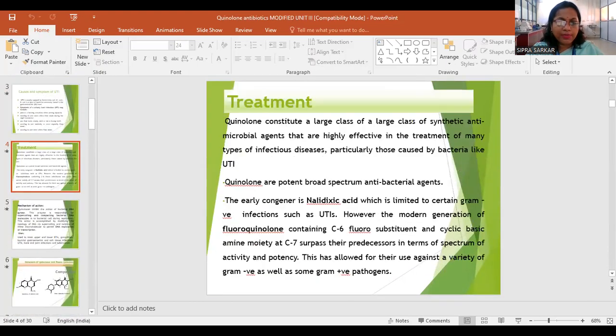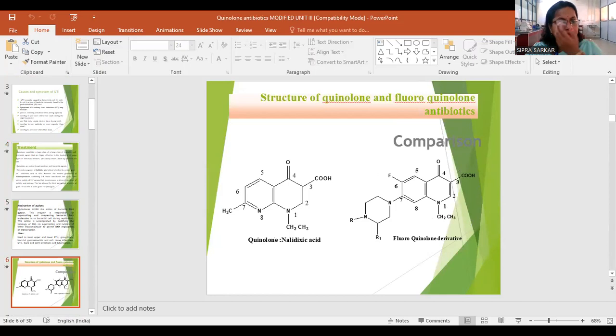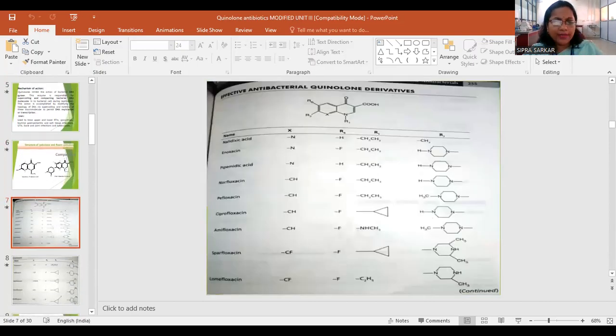So this drug plays an important role, and there are different derivatives of this drug. See the structure in this image. You can see there is a nitrogen at the 8th position, and R6 and R7 substituents at the R6 and R7 positions. Depending upon the X and the R6 and R7, the drugs are given different names, like